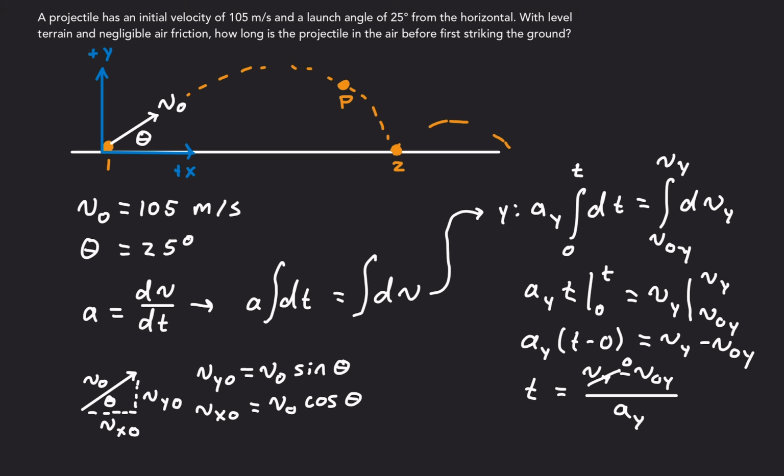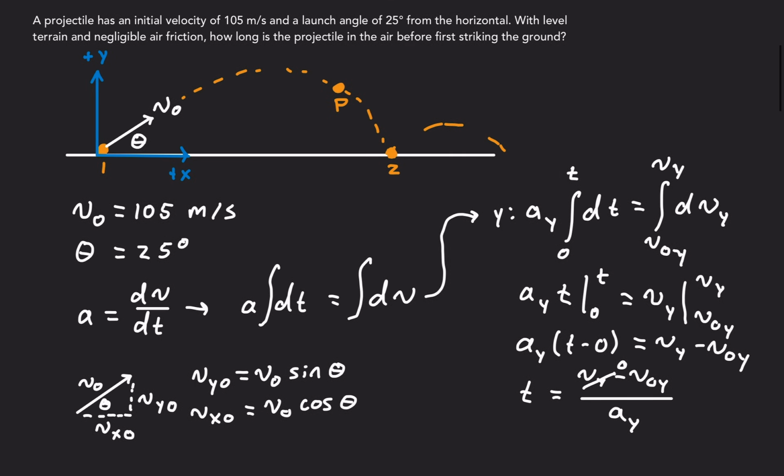So let's make some room. I'll scroll down. So we find that time is equal to minus v naught y divided by ay equals negative 105 sine 25 degrees divided by negative 9.81. Sorry about the terrain. And if I plug that into my calculator,